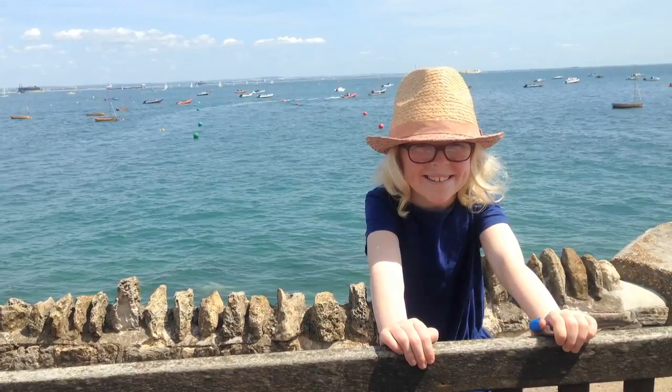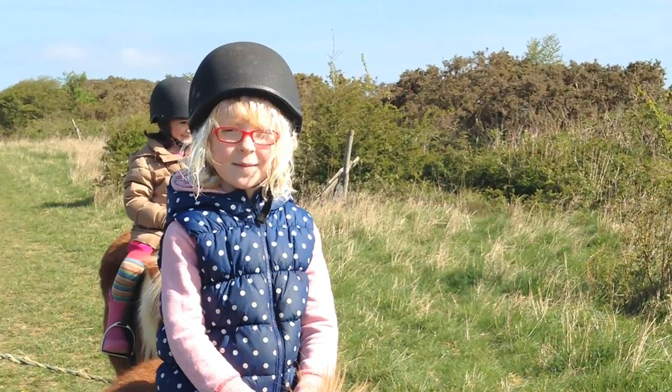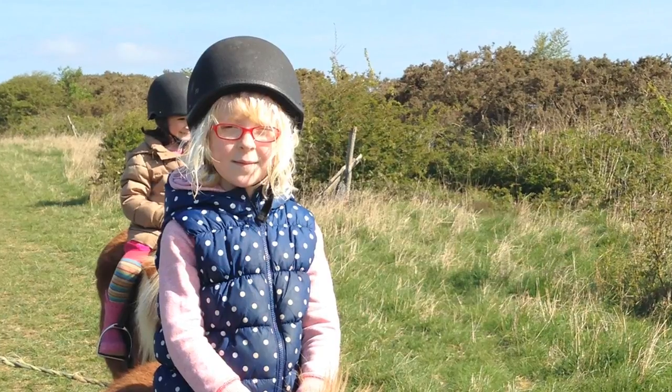I'm Shelley and I'm Molly's mum. Really early on, actually, I sort of noticed that Molly wasn't making eye contact with me. She couldn't maybe pick up small objects or recognise relatives from across the room. So at about 8 months, at the health visitor check, we were referred to an eye clinic, and there they